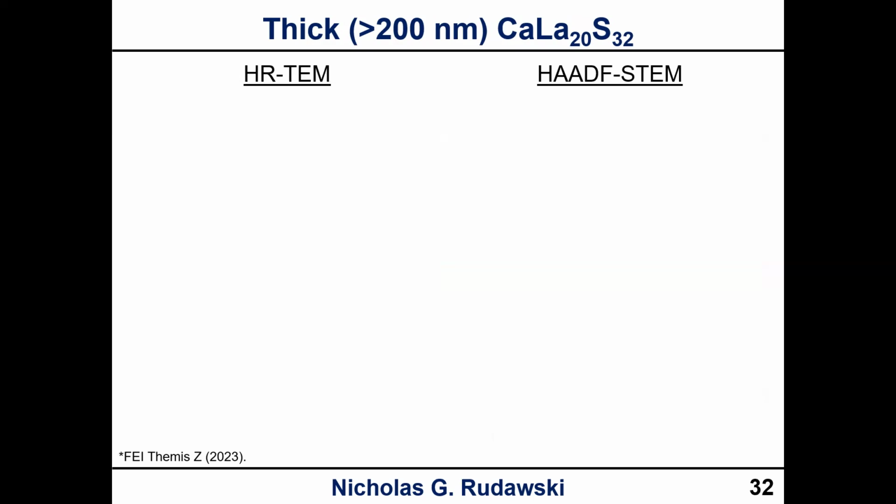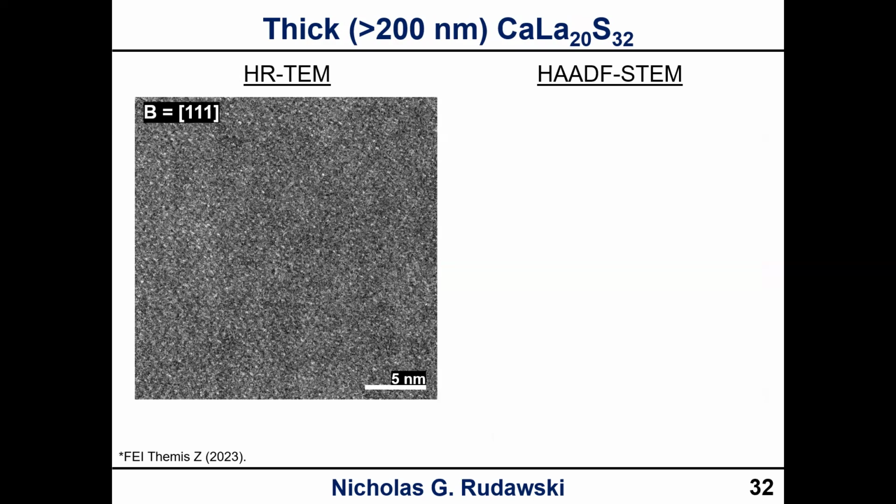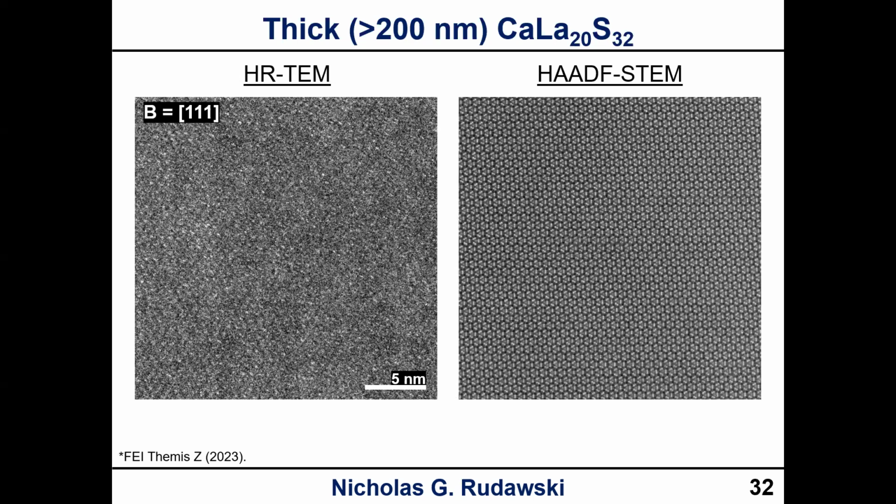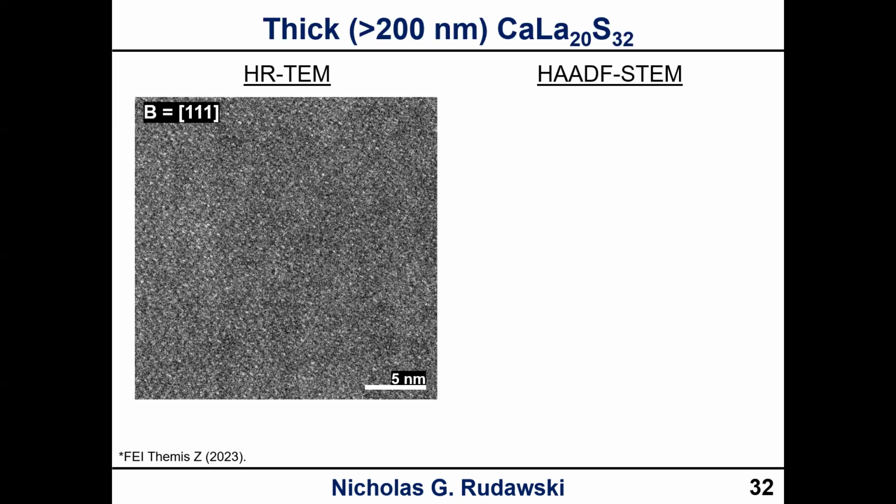Whether that's conventional, whether that's HAADF-STEM, okay? So if we look at the high res image of this structure along 111, that's not a good looking image, okay? We're seeing detail in there. If we took an FFT of this, we would see detail in the FFT, but that's really a very poor image, okay? The reason that this is so poor is that high res, to be effective, relies on having